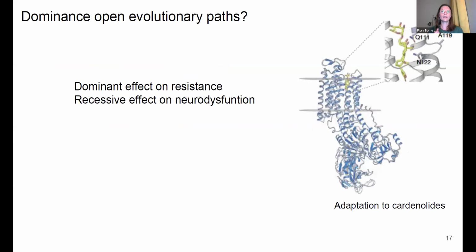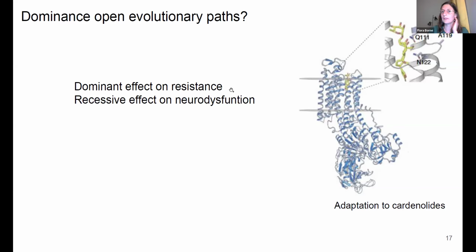And so what are the consequences on evolution and evolutionary path? We think that dominance can kind of facilitate evolution and relax the constraint due to epistasis. And so if we go back to this example of adaptation to cardenolides, and if we go back to these 2 mutations, these 2 mutations